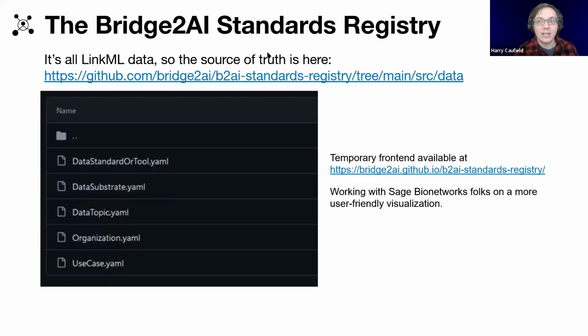So what we ended up with for now is a Bridge2AI standards registry. Again, this is all LinkML data. So the source of truth is in a GitHub repository. The files listed here are essentially the data sets. Most of that, as I said, is in the data standards or tools. There is a temporary front end that's available, but one of our main goals here is to really get a much more user-friendly visualization